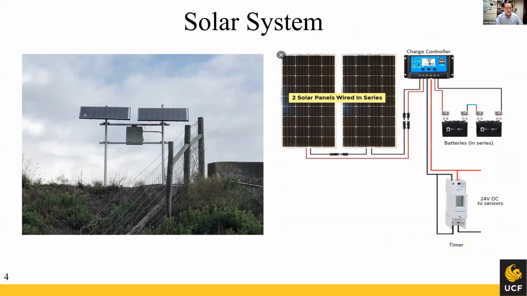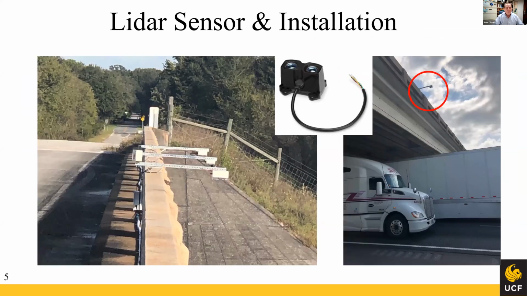So we designed and installed this solar system, two 200-watt panels, relatively low power, that feeds the various sensors. And this is the system we came up with, very lightweight, easily scalable, that can be connected to existing infrastructure, in this case, overpasses and the like. And again, supplied power, we had some issues because sometimes the solar panels had to be a good distance away. But anyway, we resolved all of this, ended up with this system and this specific very low cost lidar